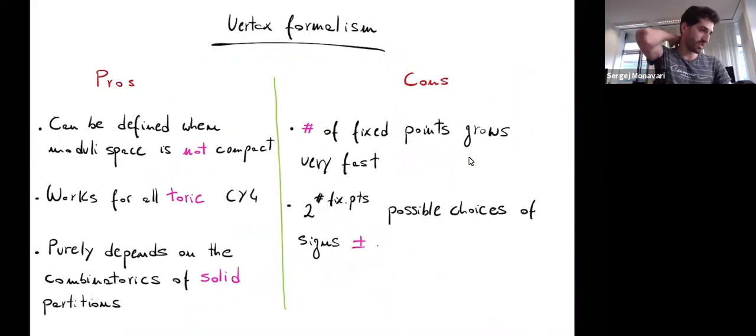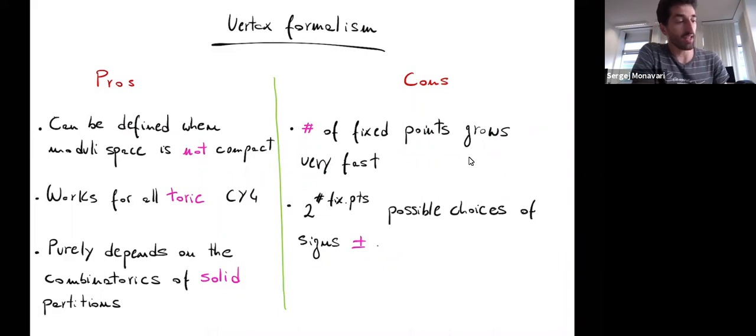Let me end with giving some pros and cons about the vertex formalism, especially compared to the other method that I explained before, that was purely relying on intersection theory. The pro is that I spent the whole first part basically trying to understand whether the moduli space was compact or not, and to which kind of fourfolds it was working. But if you forget about compactness and you just work equivariantly, you don't need compactness anymore. So this is great because you can work for all possible fourfolds as long as they are